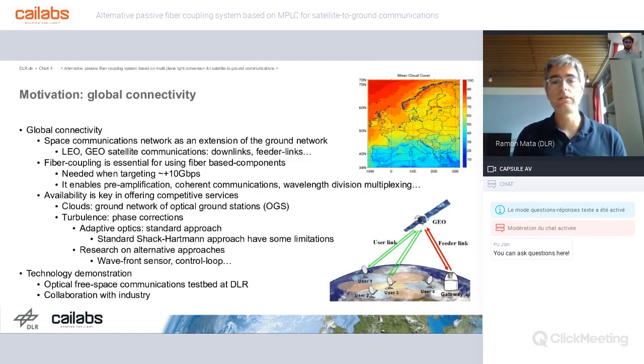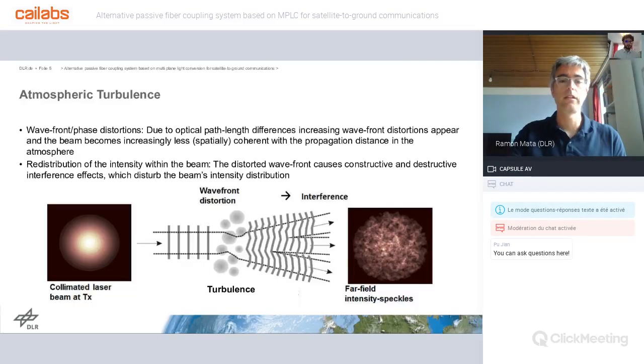The other point to consider with the optical channel is the turbulence. The turbulence means the atmospheric distortions need to be compensated. We go with adaptive optics as a standard approach, and we also research alternative approaches. That is more or less our way of working in DLR. We test our technologies there, we do experimentation, and we collaborate with industry. That allows us to further investigate different options and different technologies.